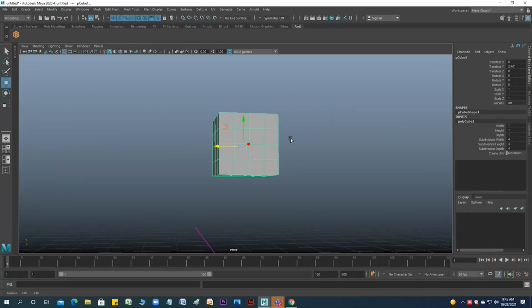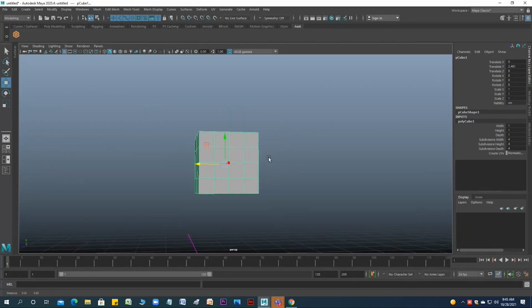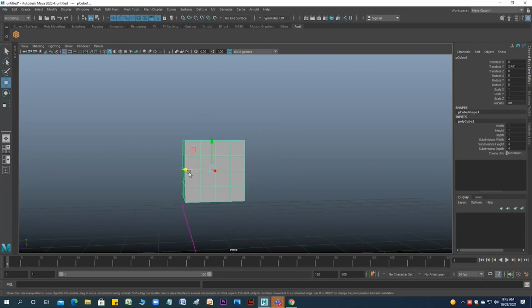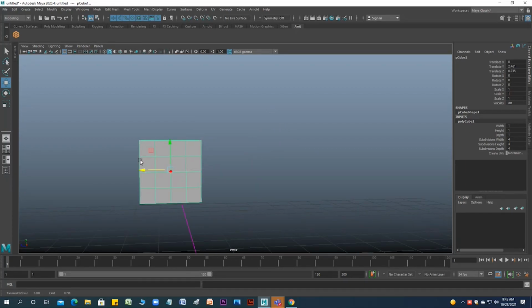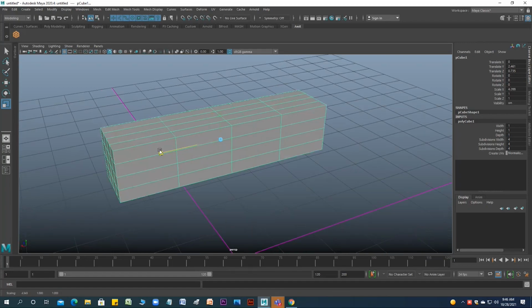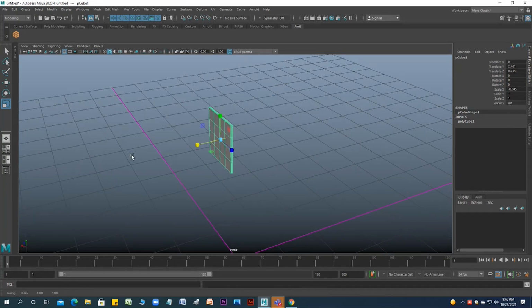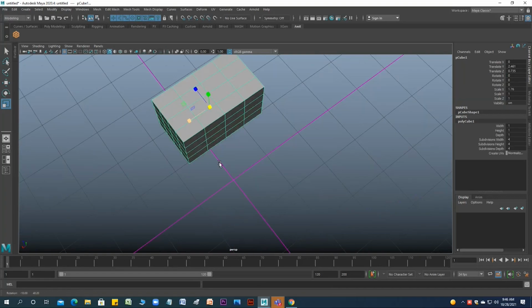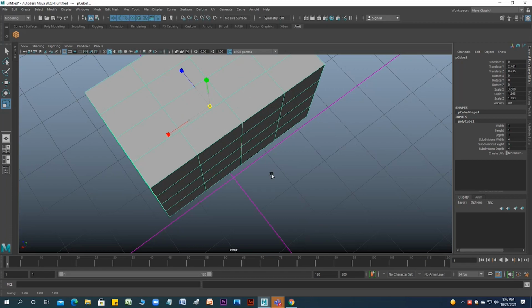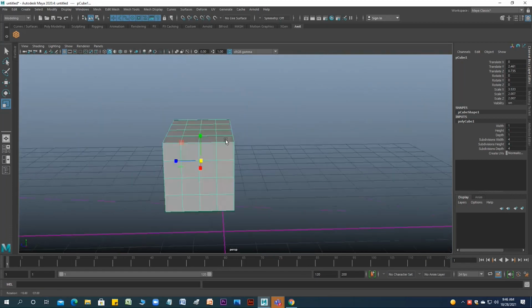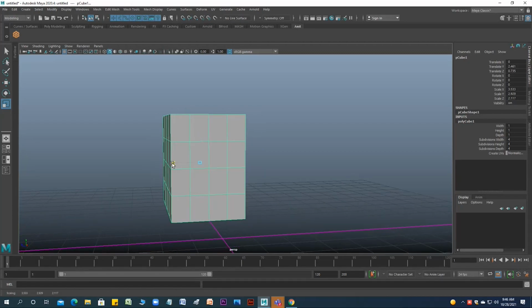From the component mode, whenever you want to define something, you can move, you can scale, uniform scale or on one side. From the center, it's uniform, all the axes this way. So you have to explore before creating anything.